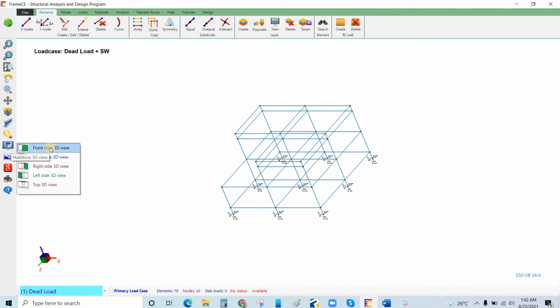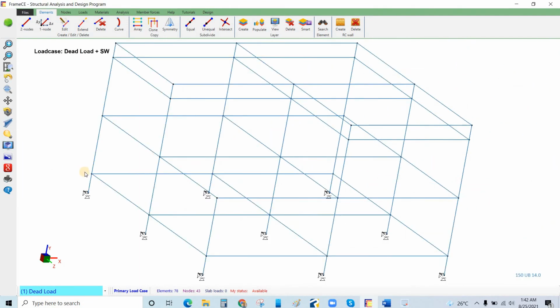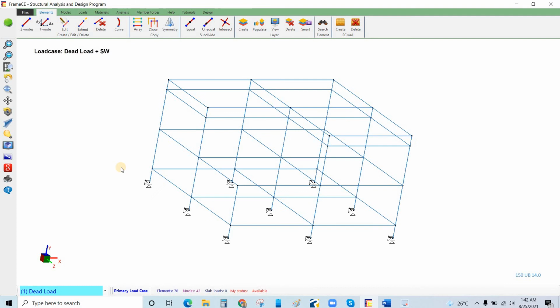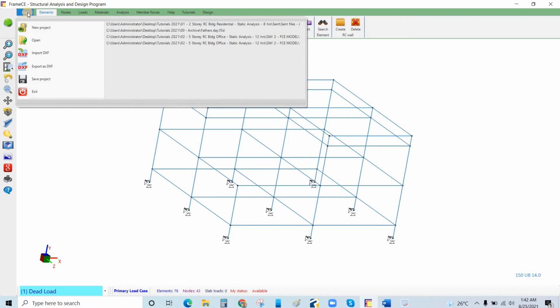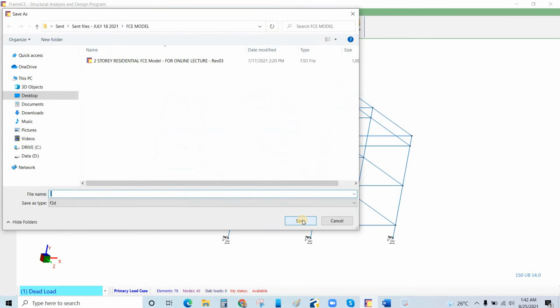I will display the 3D view. So this is our stick model. Okay, I can save this model first before continuing. Save the project,